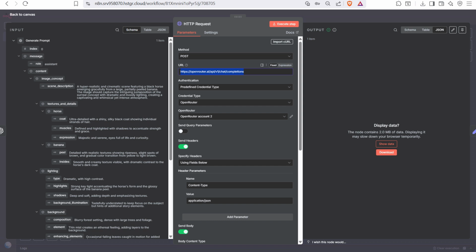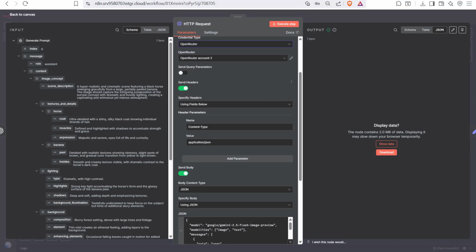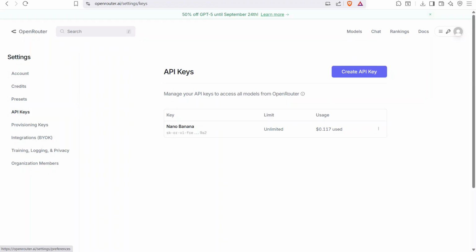openrouter.ai/api/v1 chat completion, and you need to select the predefined credential type, and from here you need to select OpenRouter, and after that you need to select your account. Now you need to turn on the header request. In header request you need to send the content type and application. You can find these things in the OpenRouter when you search